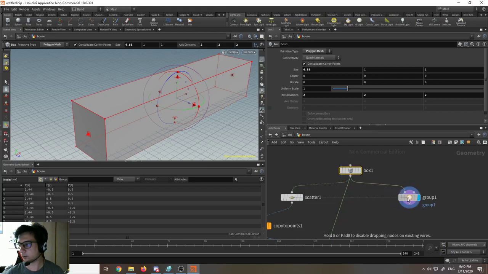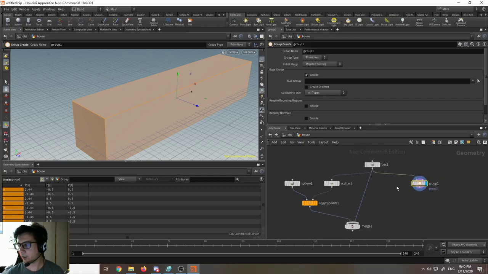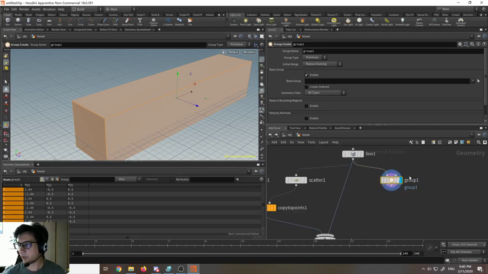So for the group to be seen too, it has to be connected to the bottom node, right? To the merge. Yes. Okay. I'm getting it. So what we're gonna do is